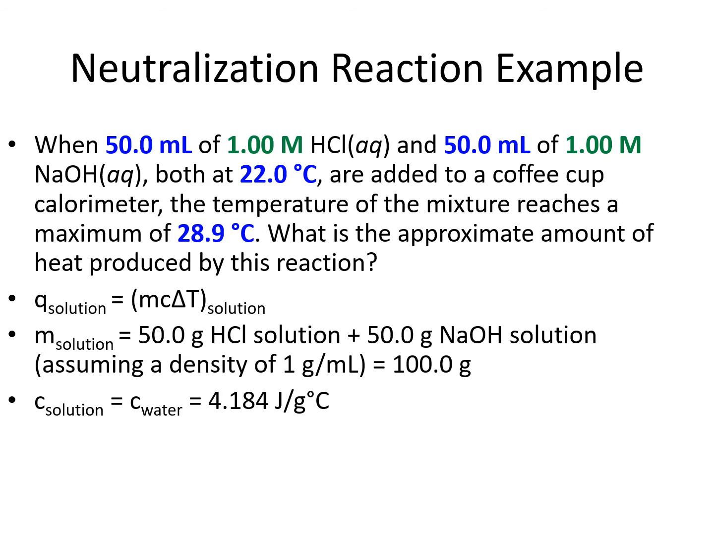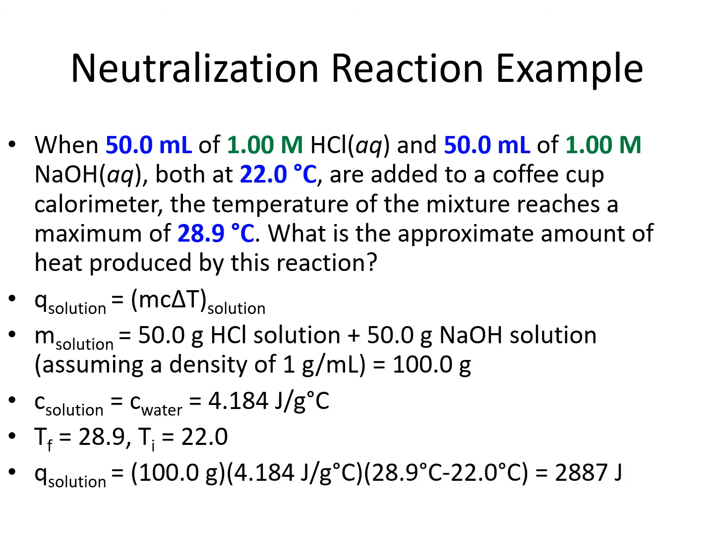C, the specific heat of the solution, we're going to assume, since our solutions are mostly water, we'll use the C of water, which is 4.184. And then our two temperatures, the final temperature is 28.9, and the initial temperature is 22. And again, we're doing final minus initial. So our Q for our solution is 100 times 4.184, and then we multiply by 28.9 minus 22. And that gives us